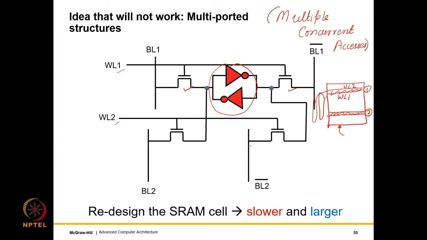So as far as we are concerned, they are separate accesses because they have their separate word lines and bit lines, and we can have concurrent accesses in this way. So in this case the SRAM actually has 2 ports. Each port allows a read or a write. So we say we have 2 read-write ports, right?